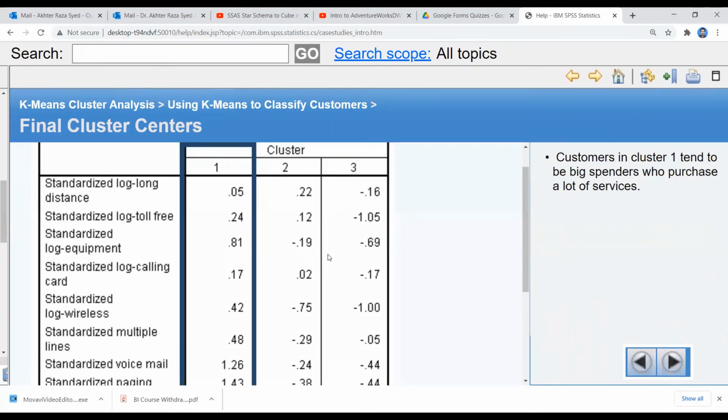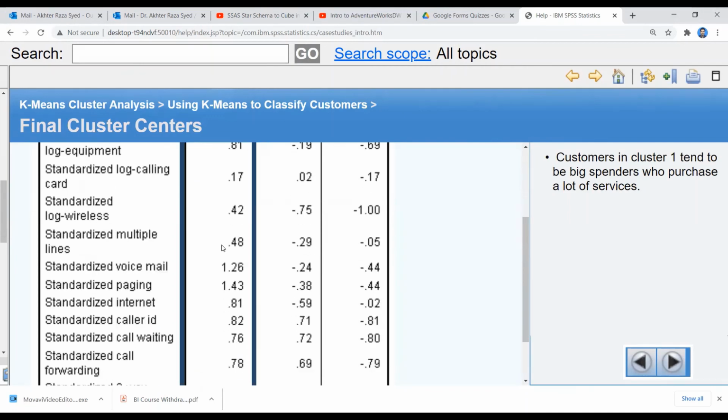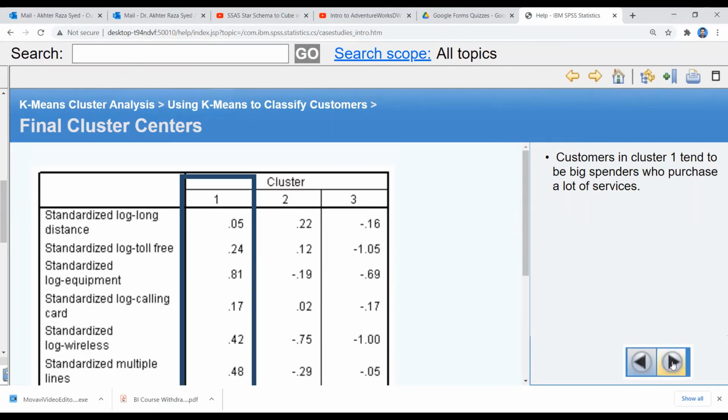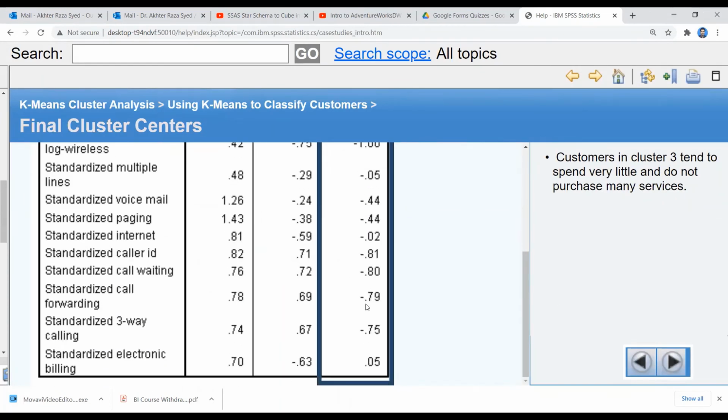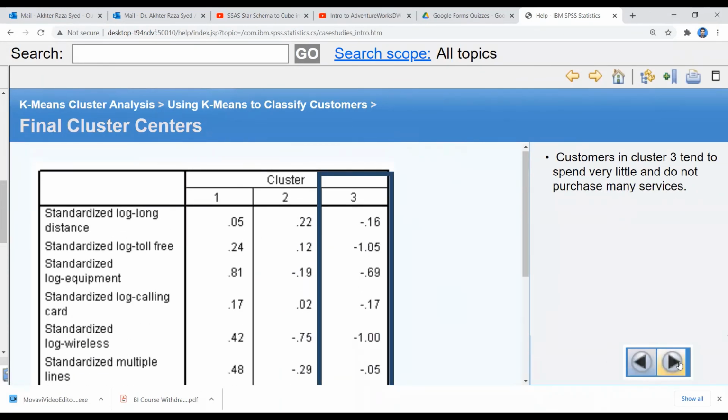This is an indication that customers in cluster 1 tend to be the big spenders who purchase a lot of services, meaning they are spending the most on telecommunication utilities. Cluster number 2 is spending moderately, and the least spenders are in cluster number 3. How many customers are there in these 3 clusters?